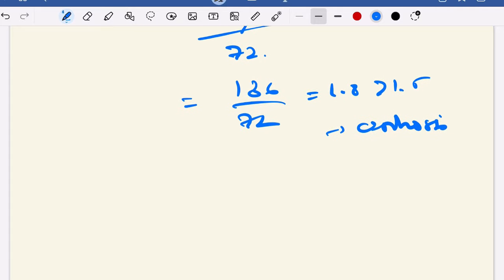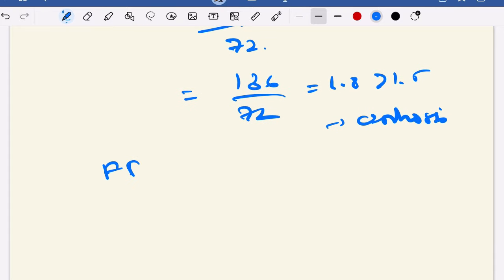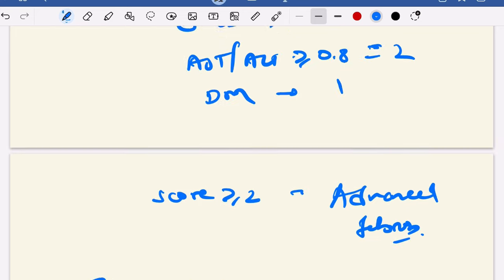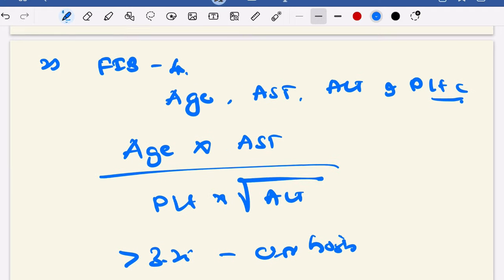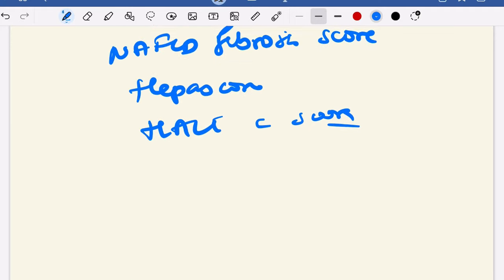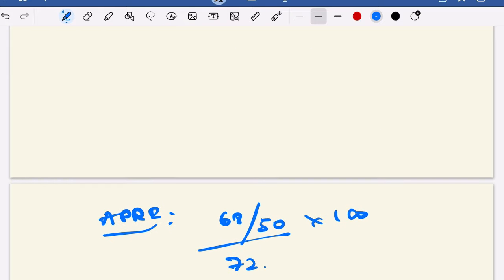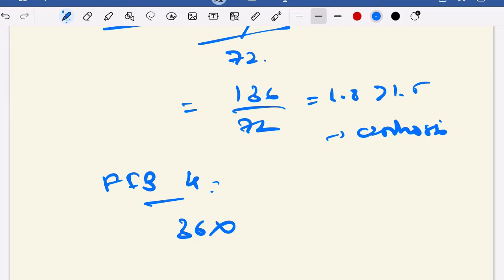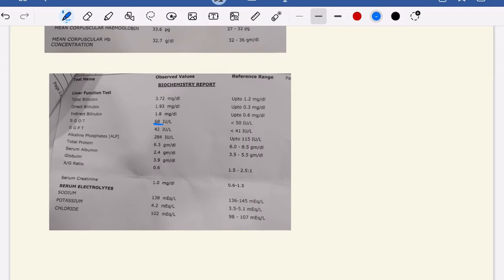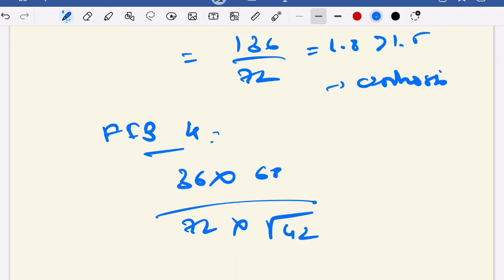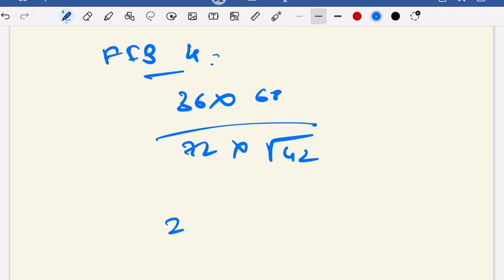Let's apply FIB4 for this patient. What is the formula for FIB4? Let's recall. FIB4 is age into AST divided by platelet into root of ALT. Age is 36 into AST, which is 68. Platelet count is 72. Root of 42, as ALT is 42. If you apply this, how much will it come? So 36 into 68,